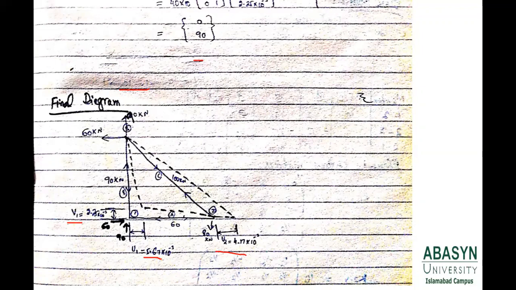Positive indicates that there is tension in the member, so you are going to put the arrows away from the member, or for compression you are going to put the arrows towards the joints. And similarly, you will find out the member force in member B is 90 kilonewton. It is again in tension, while there is a 100 kilonewton compression force in member C. This is called the final diagram. So this is basically the end of the question.